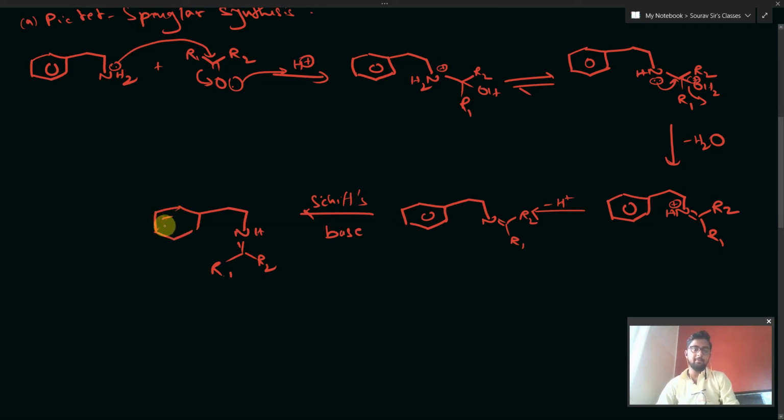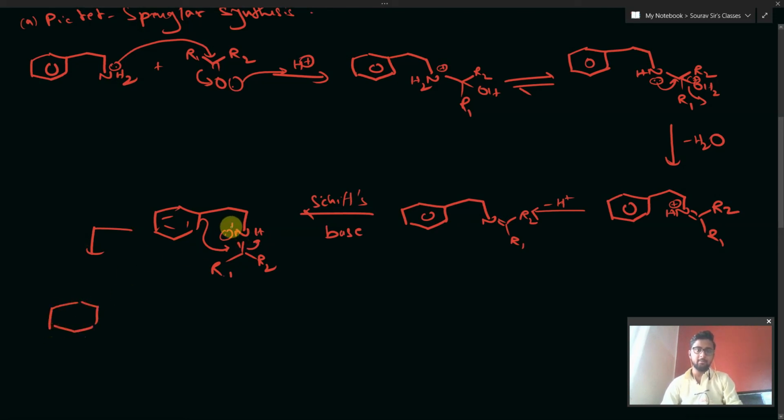So we have this over here. Here we have a lone pair, so this double bond would be attacking over here. I'm sorry, this aromatic ring, this double bond from the benzene ring would be attacking over here, and this bond will be going up.